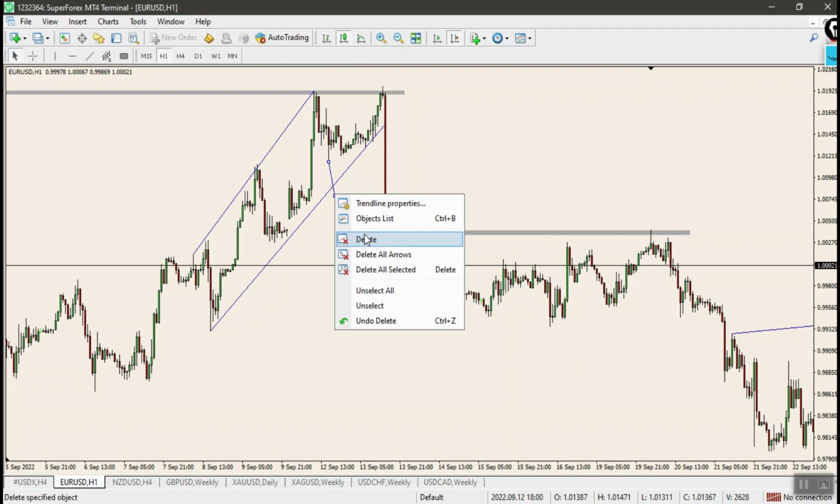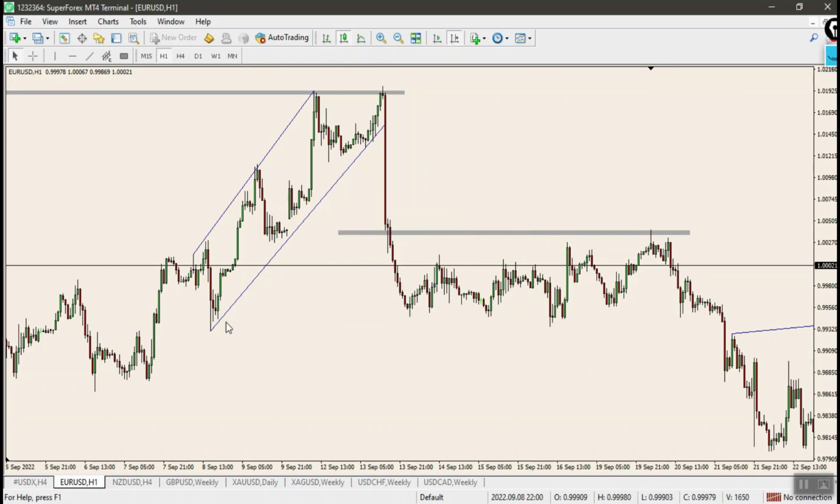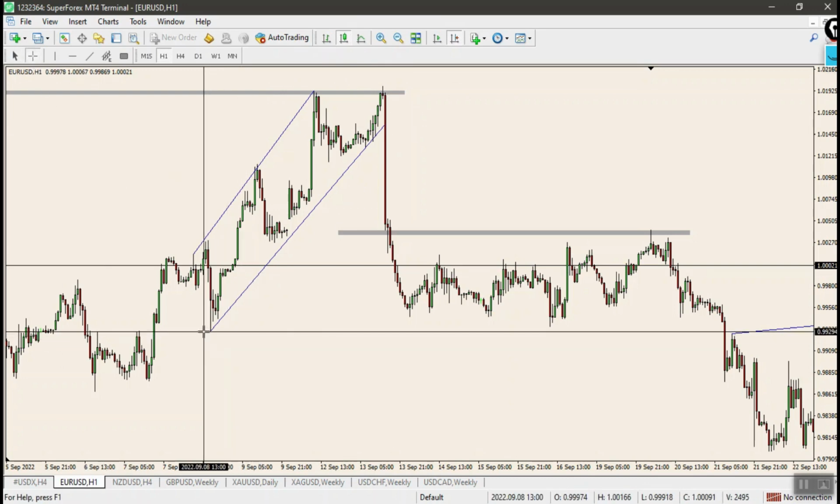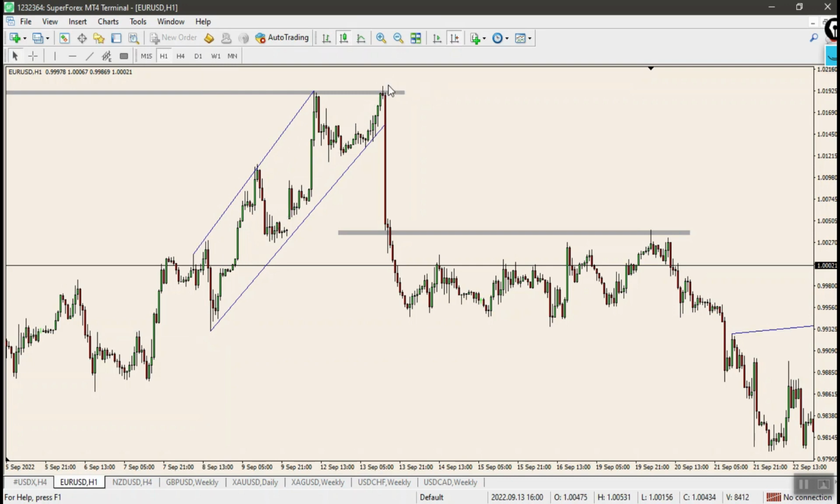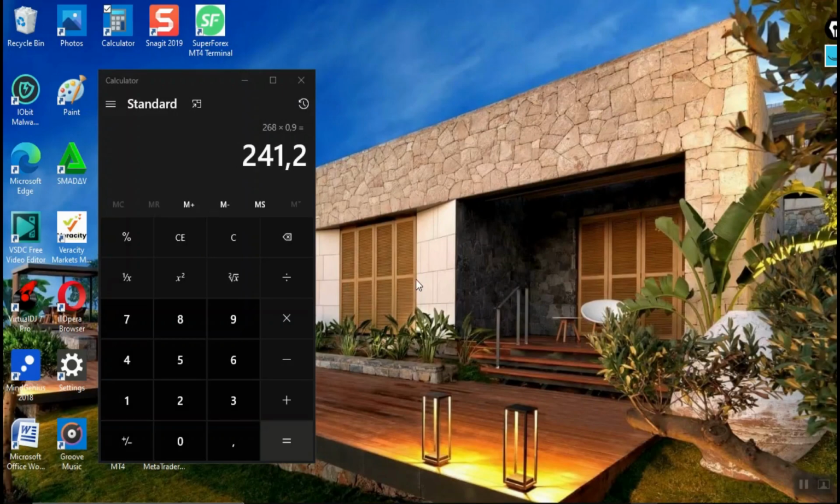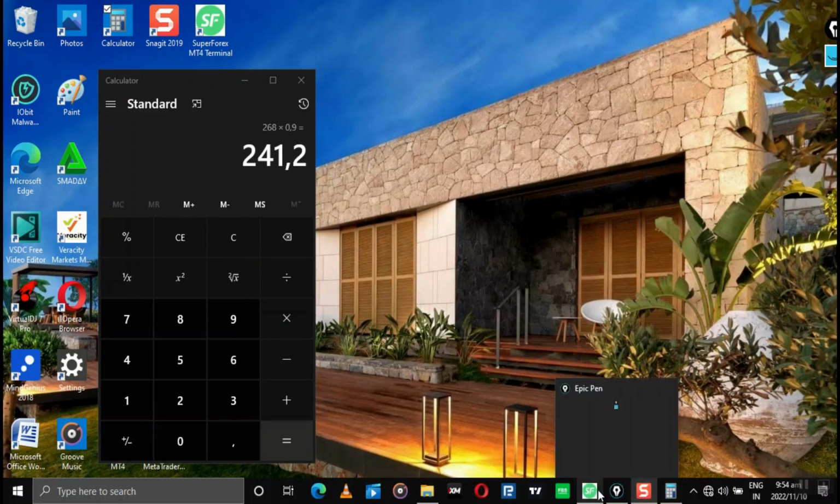But not only do you have this TP right here, but you have the TP of this market structure. When it comes to the 90% rule, 90% of this structure, right? So let's measure this real quick. How many pips are these from here to the very top? That is 268 pips, right? As you can see, I just calculated the 268 pips times 90% is 241 pips, right? So if you go back to the platform,